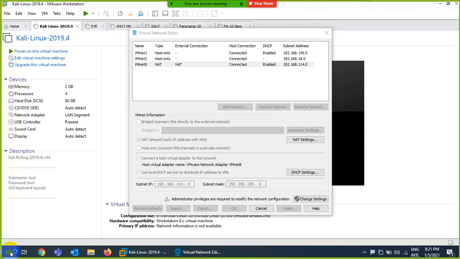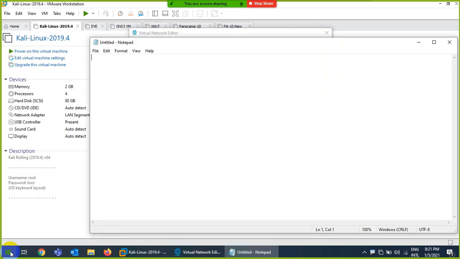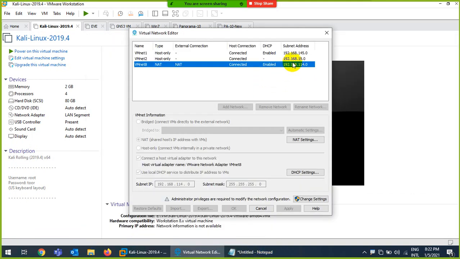Let me type the host name; I will keep ISE 1 or 2, whatever. The IP address I will say 192.168.114.200, an IP which is not used anywhere. This is my range; in your case it can be some other range, so use that one.